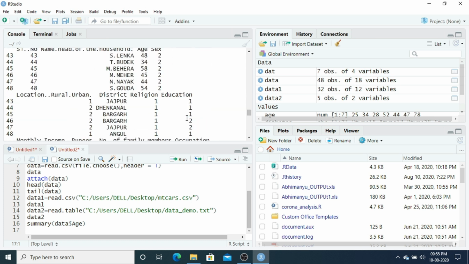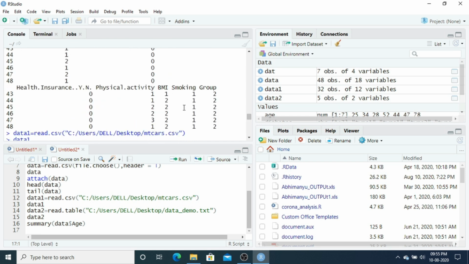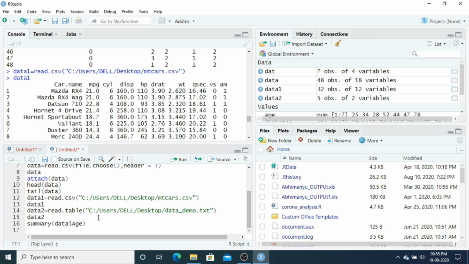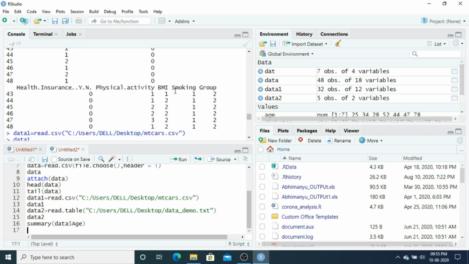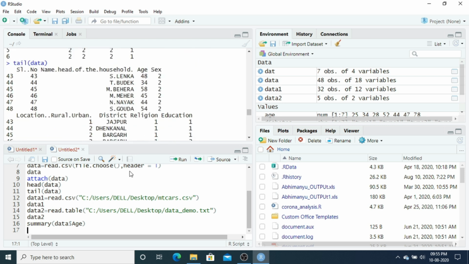Suppose in this data you also want to see how many are smokers and their relationship with sex. You want to check how many male and how many female, and how many of them are smokers and non-smokers. If you want to do that, here is smoking, here is sex.